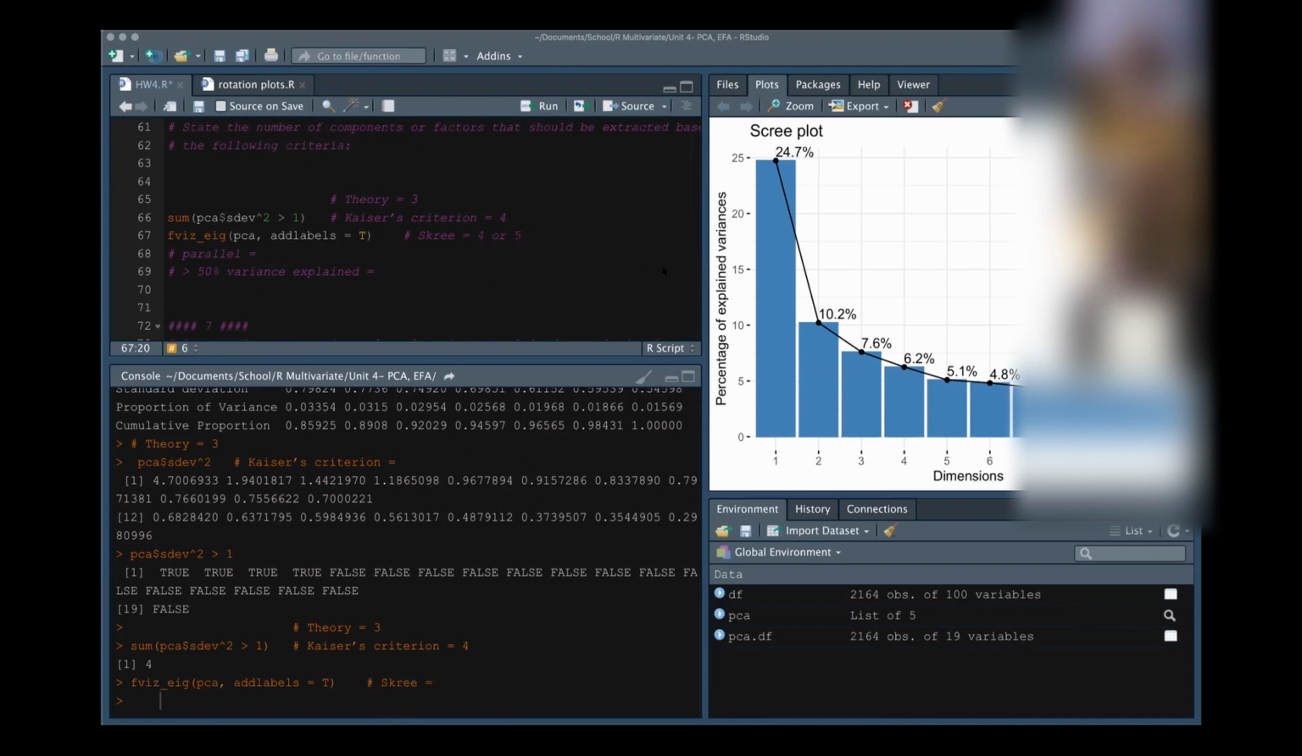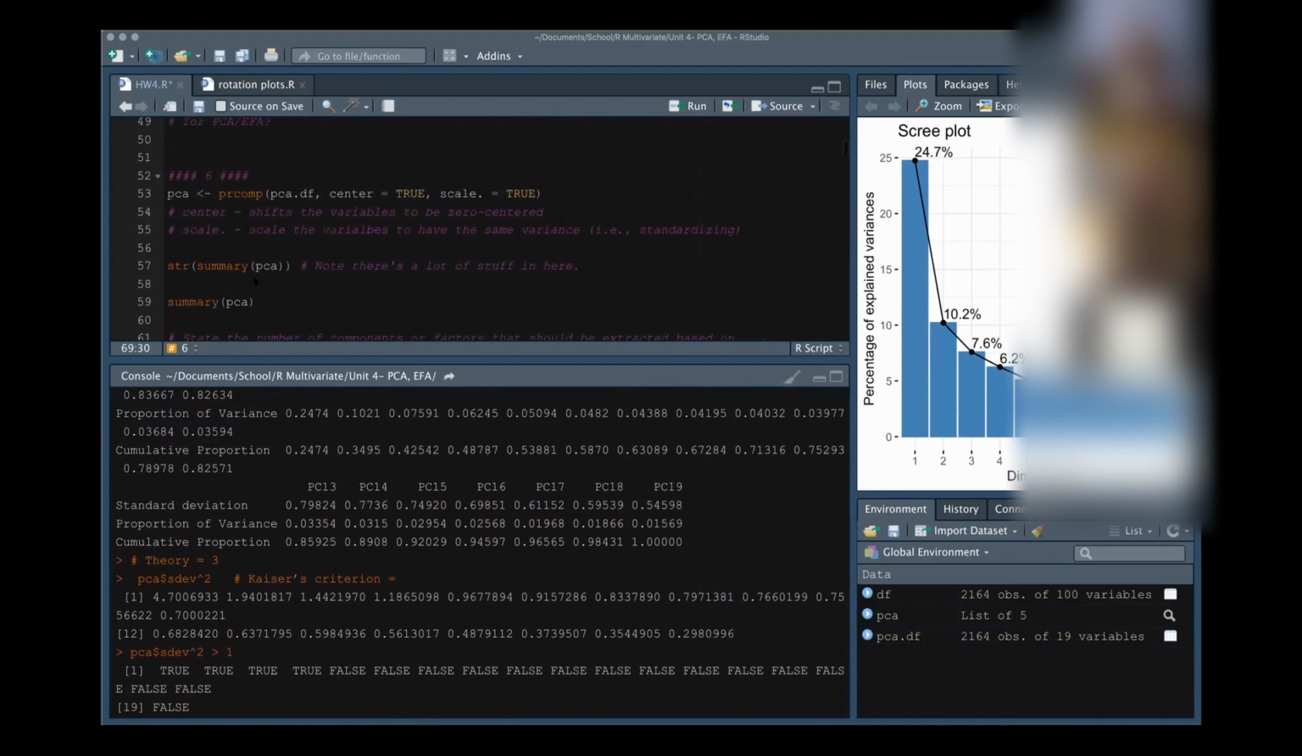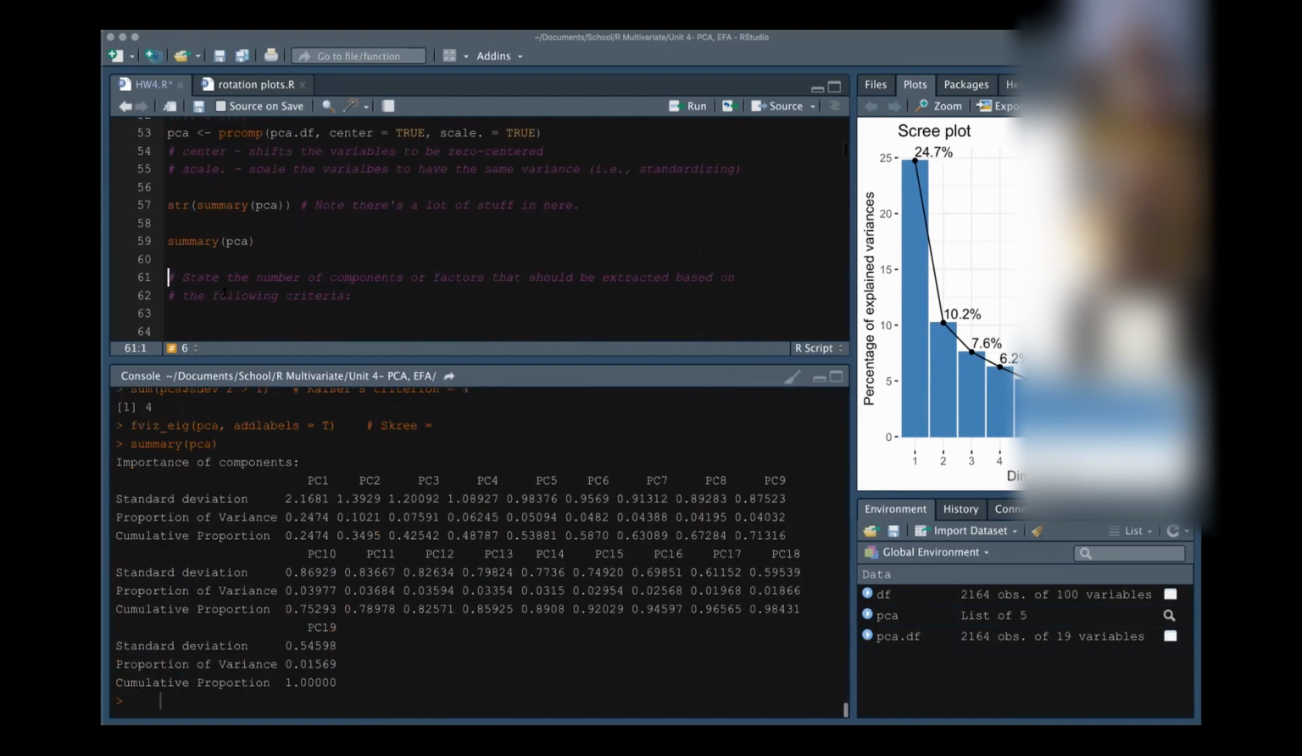So Josh asked, what are the percentages? That is the percentage of variance explained, which we'll also get to here. And I guess we could go ahead and look at that and skip over to the parallel analysis last. On the graph itself, this first component explains 24.7% of the variance. The second component explains an additional 10.2%, et cetera. And if you recall, when we ran the summary of our PCA,